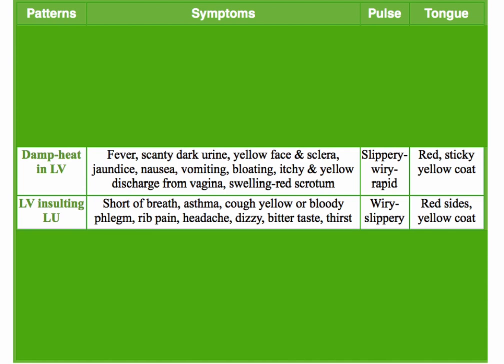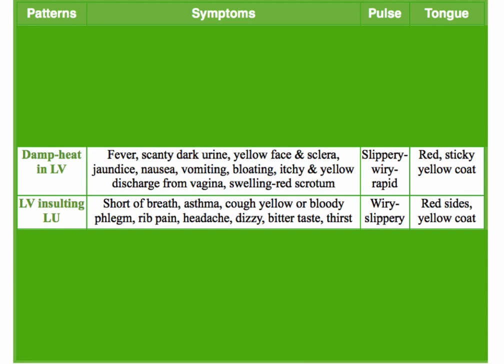If the damp heat is in the liver itself, it's an acute problem, like jaundice, like hepatitis, and that's why there's fever, and then there's yellow face and jaundice and nausea, vomiting, bloating, etc. So that part is damp heat that's affecting the liver itself. The other side, which usually has symptoms not related at all, is damp heat in the meridian or in the channel. If you have damp heat in the channel, it is going to affect the external genitalia area.